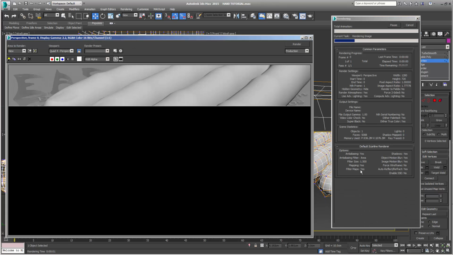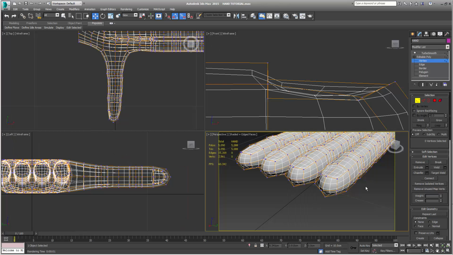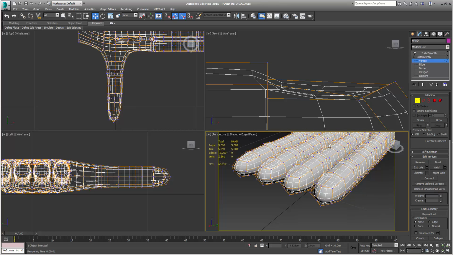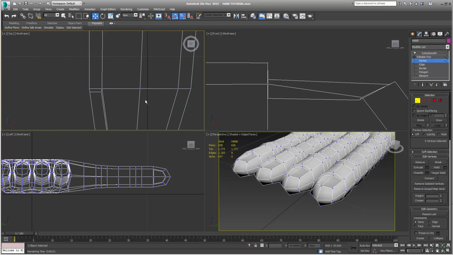Zoom in a little bit on that and go ahead and render. And as you can see now, even though this isn't a lot of iterations on turbosmooth, we still have a pretty good defined fingernail area. And now these aren't the fingernails, but we're going to make those in just a minute. So what we're going to do is toggle our show end result back off,